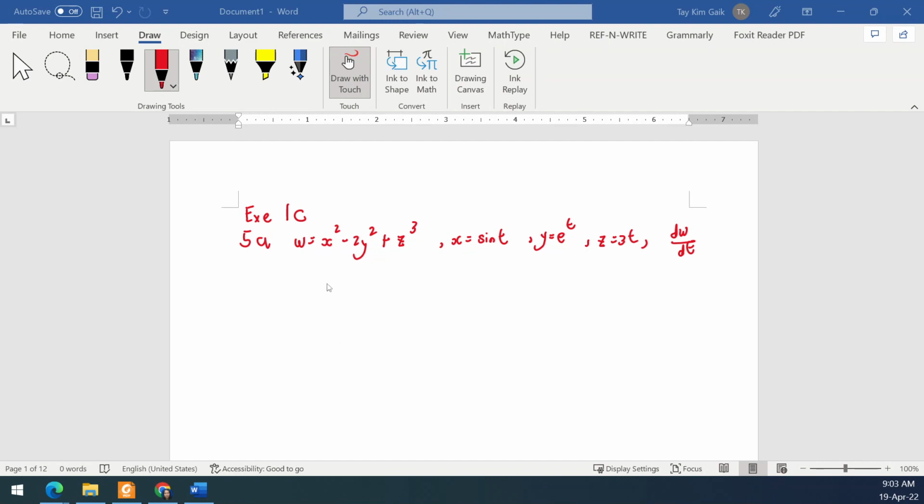Okay. So this one is, who, Ashraf. Exercise 1C, question 5A. W is x squared minus 2y squared plus z cubed. X is sin t, y is e to the t, z is 3t. Find dW/dt. Okay, you are taking 20 minutes,